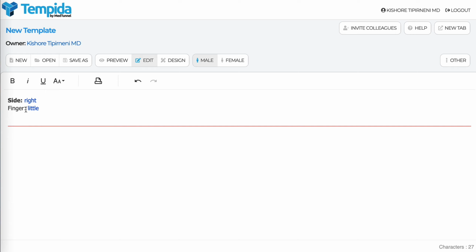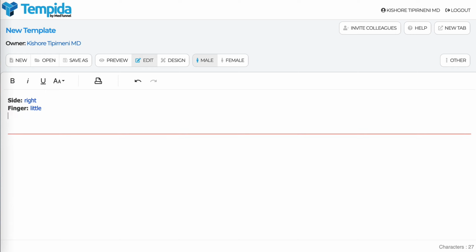And we'll go ahead and make the label bold. Now let's create a free text field. A free text field is a field that you can type free text into. So let's suppose we want this field to represent the patient's age in years. So we'll give it a label,